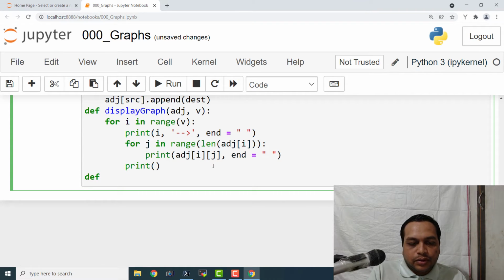So def transpose graph, adj, comma, transpose, comma, v.